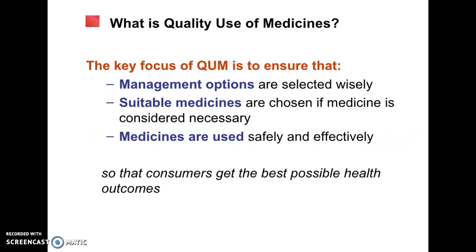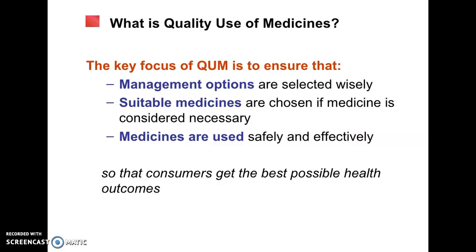Let us move on to the term given in the syllabus copy, quality use of medicine. Whenever we are dealing with pharmacotherapeutics, it is our responsibility to know about quality use of medicine, and whenever you are doing an intervention, you should keep quality use of medicine in mind. Whenever medicine comes, you should check the rationale, whether quality use of medicine happened or not, or how to achieve it. Let us see some key focus of quality use of medicine. Sometimes it is called QUM.